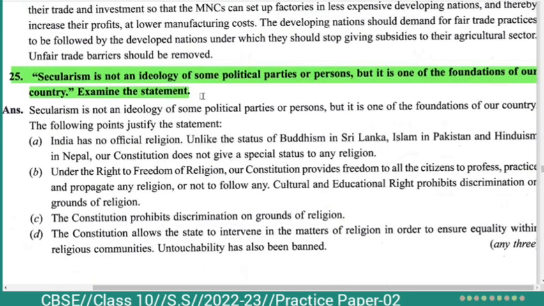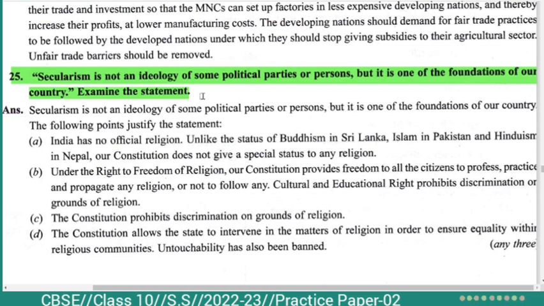Question number 25. Secularism is not an ideology of some political parties or persons, but it is one of the foundations of our country. Examine the statement. Answer: secularism is not an ideology of some political parties or persons, but it is one of the foundations of our country. The following points justify the statement. The points are: